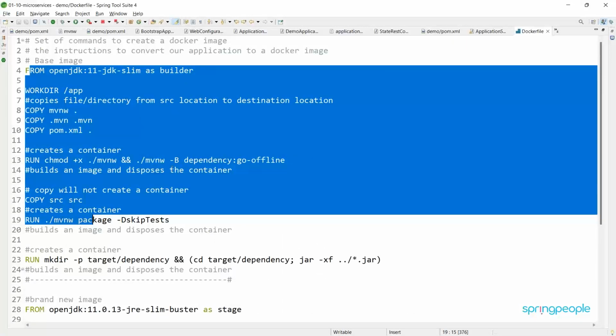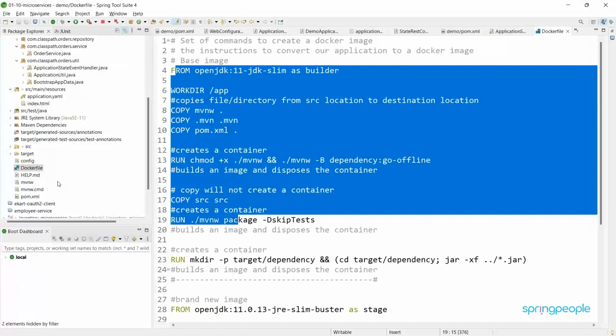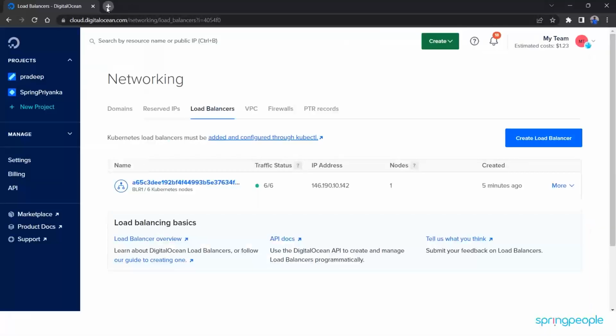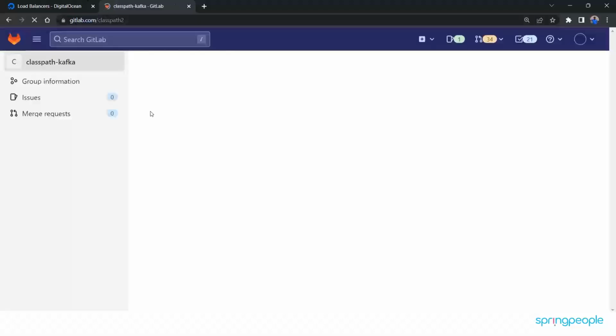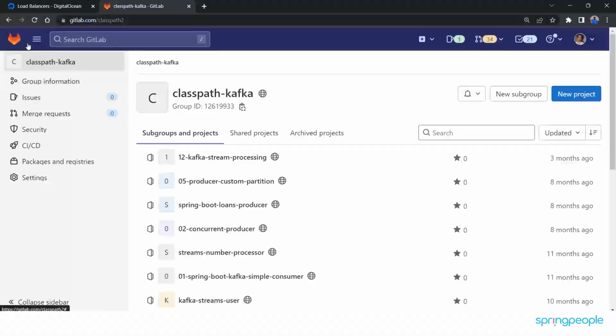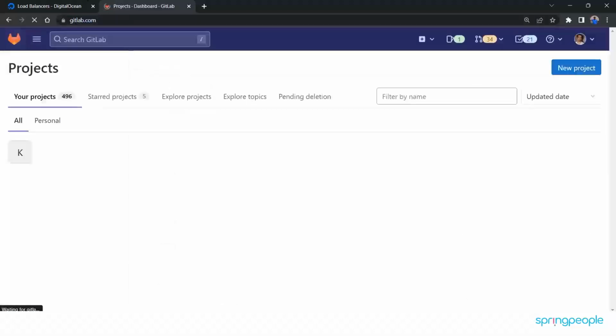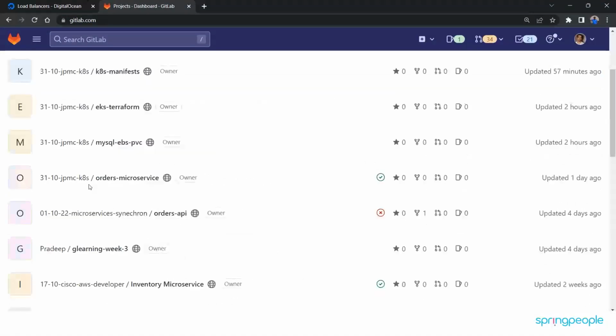But we need more. All about microservices is about reducing the manual intervention. And to build the Docker image, we can leverage a CI/CD pipeline. One of the pipelines that we can use is our GitLab pipeline. So if I show you the GitLab CI/CD pipeline, once we have our application, if I go to my registry, if I go to my application, you can see here